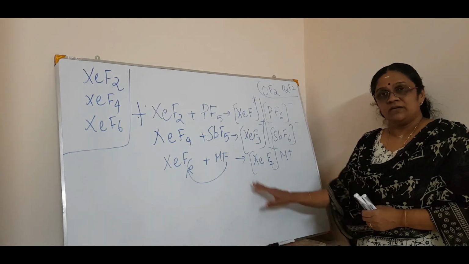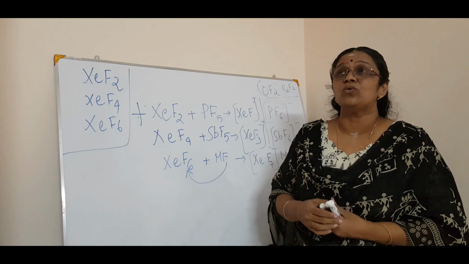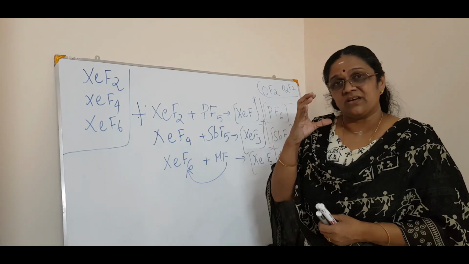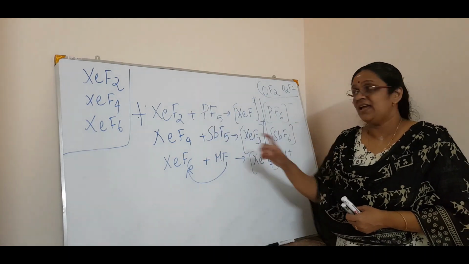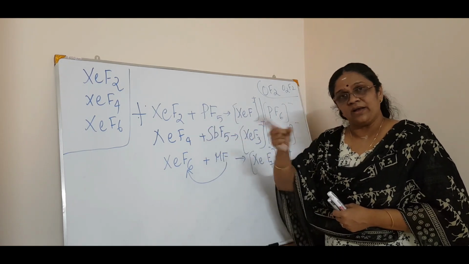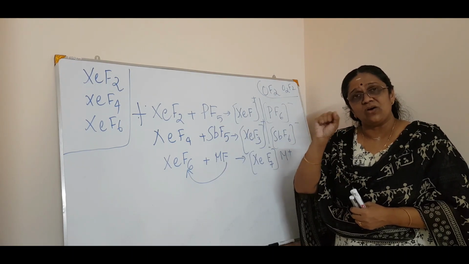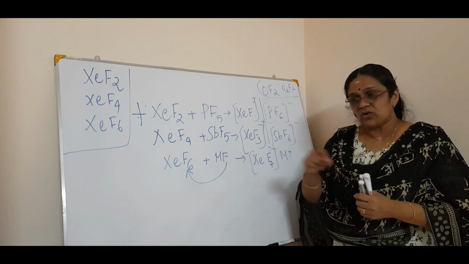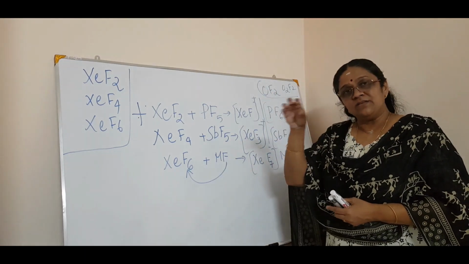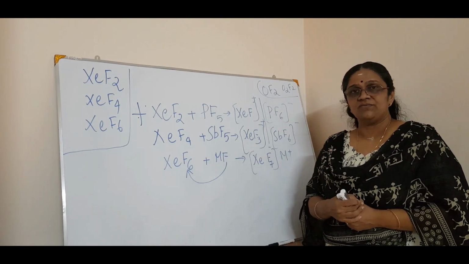So just keep in mind this reaction. Don't worry about all these equations, how I will go through it or whether I can recollect it, no problem. Just make a logic while writing. Here the logic is what? I told you, this acts as a fluorine donor, this acts as a fluorine acceptor. So to connect, just have a logic and then do your homework. Homework means not like your usual homework. Put all these equations in a diary, then one by one make it clear how you get that equation within you.